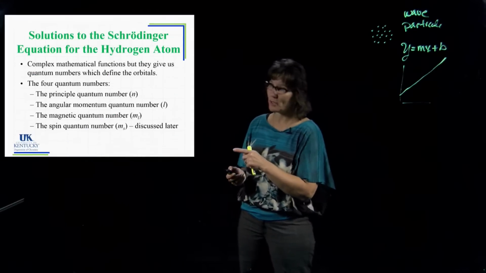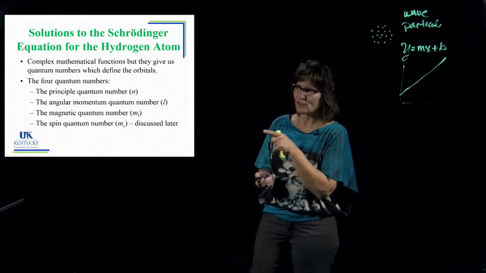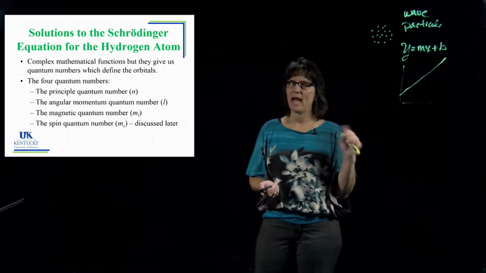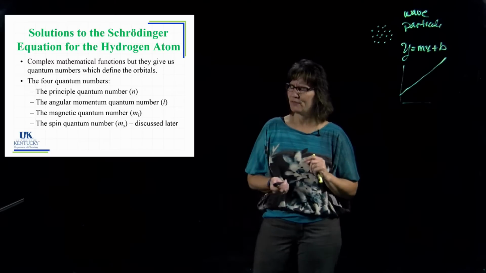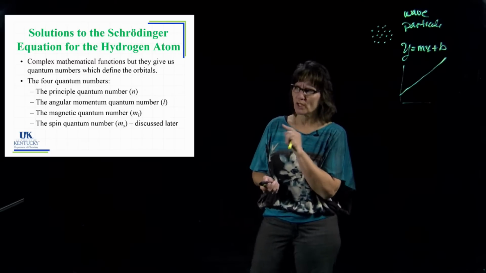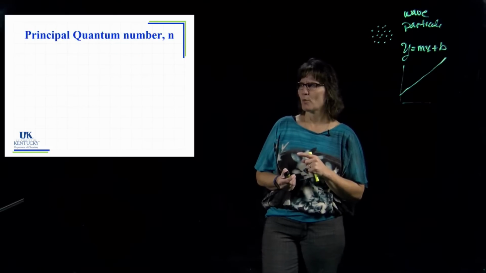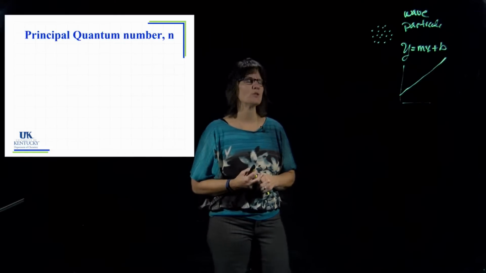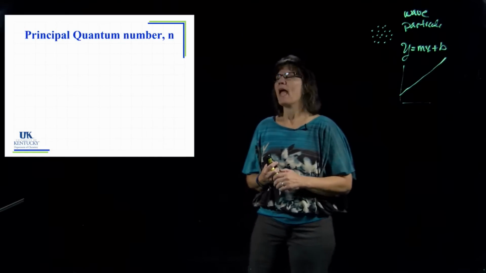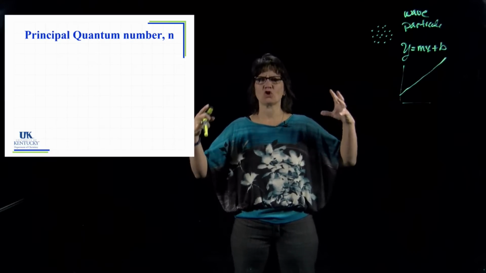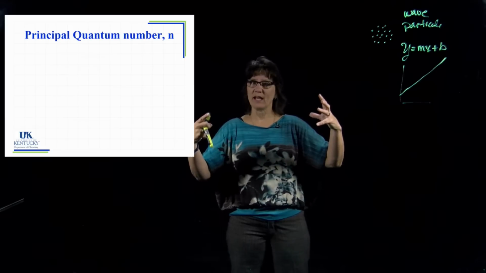And we won't look at, sorry, let me back up. We won't look at the spin quantum number, what that electron is doing, until later, after this chapter. Right now, as we finish up this chapter, we're just looking at those first three, n, l, and m sub l. Let's start with the first one. The first one is the principal quantum number n. And the principal quantum number n is telling the big, broad picture of where that electron is.